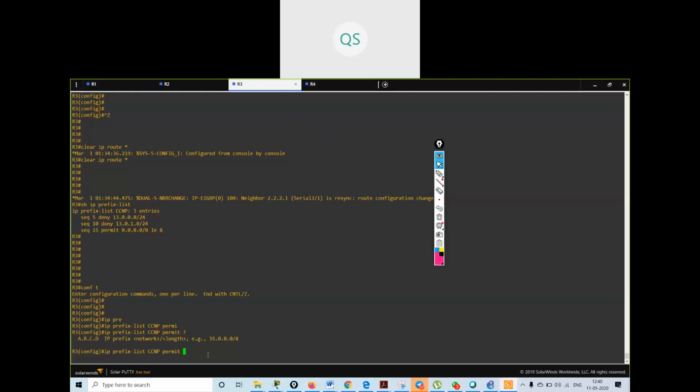So what I did, I gave a default route, all the networks, matching all the other networks having whatever subnet mask less than equal to 8, less than equal to 8. This option, less than or equal to, is not there in access list, nor can we allow specific subnets. So this is prefix list.